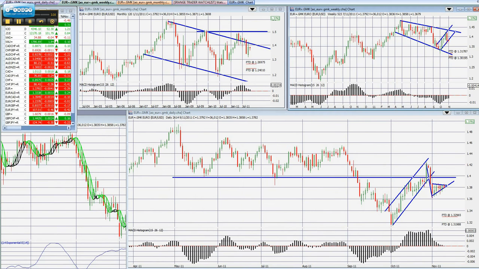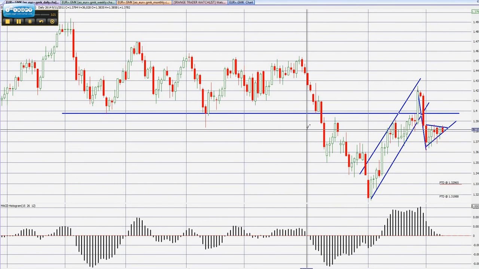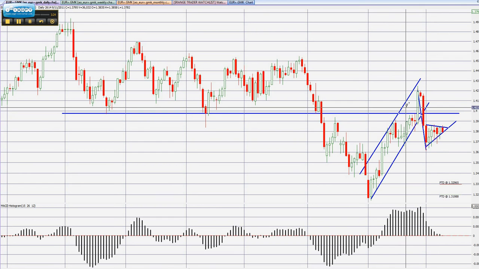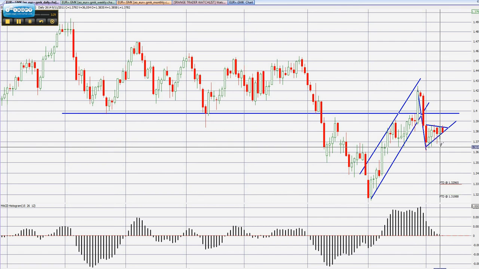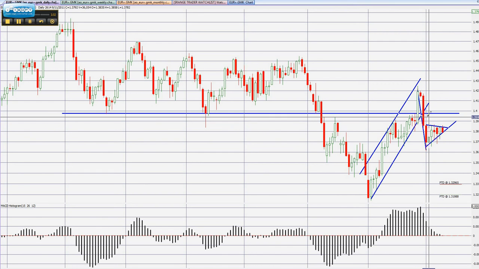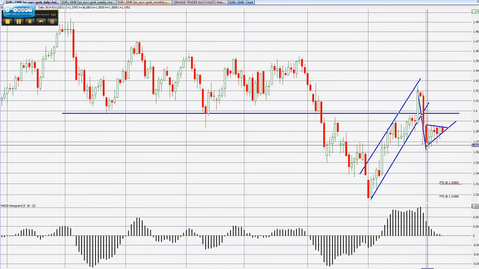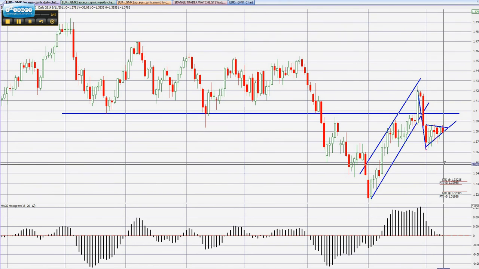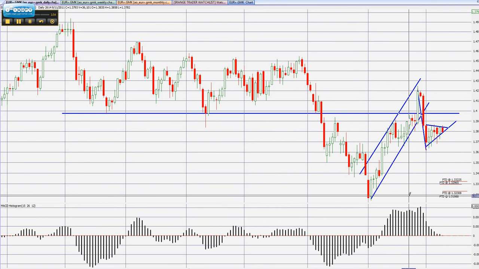So that's just weekly. Let's have a look at the daily and see if we get any more confirmation. Now, as you can see here with the daily, we have this bear flag pennant sort of scenario, and pretty much tonight should be the determining night where this goes, and it looks sort of on the downside here. If we do break this pattern here, we are confirming that it will go down to this next support line here, which is the 131 mark